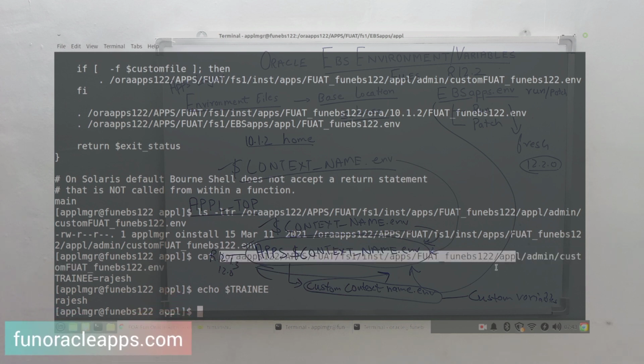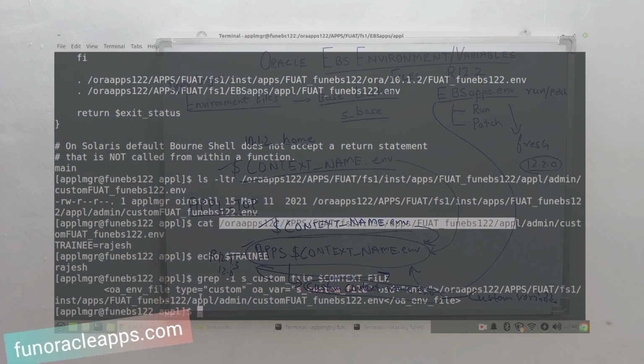You don't need to worry about the path where it should be created. You can simply use the wrapper file and see which path it should be created in, so that you are not worried about where it should be created.